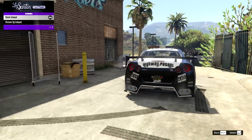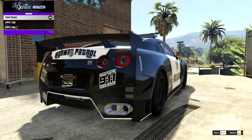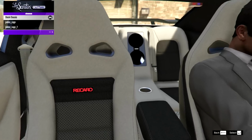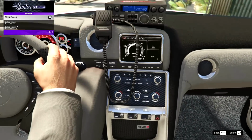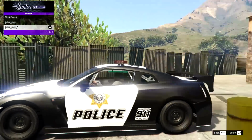I'm actually going to keep the standard exhaust, because I think that would be more like what a police car would be built like. So I'm going to do that. On the chassis, again, I don't think that the police... Oh, I've just noticed it's even got... Oh, that's a cool touch. I like that it's got the police radio. I'm a big fan of that. I like that. So we can go for the cage, or...